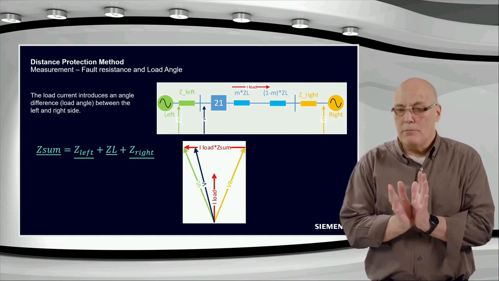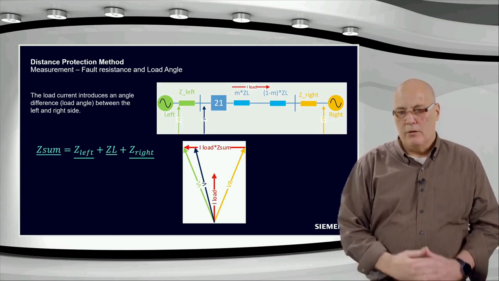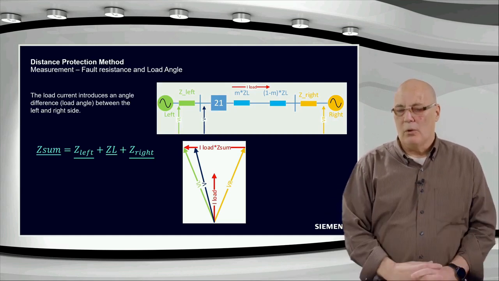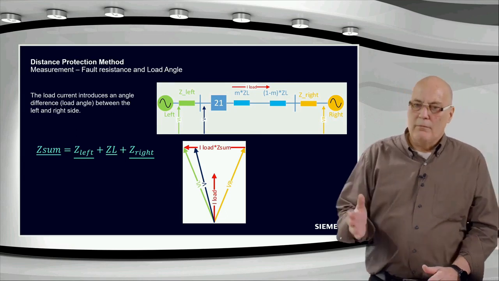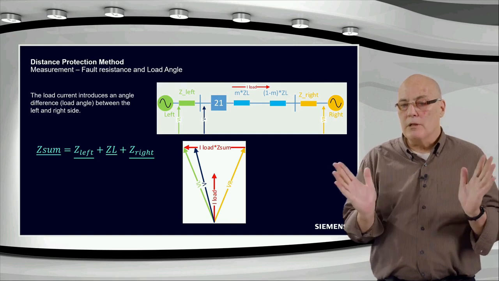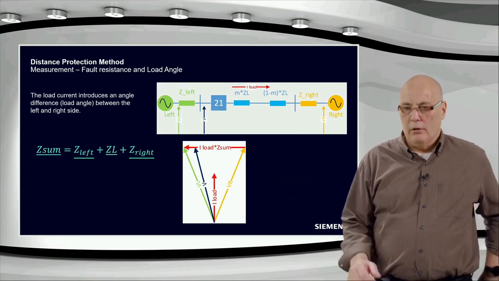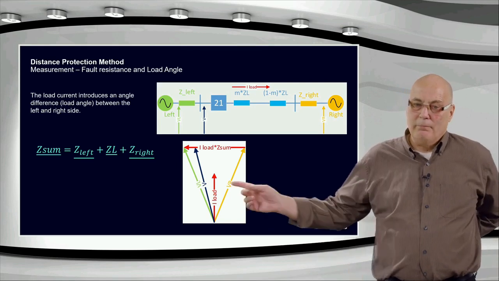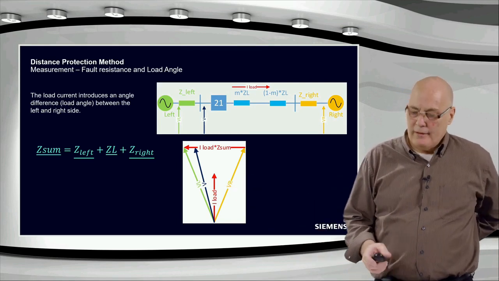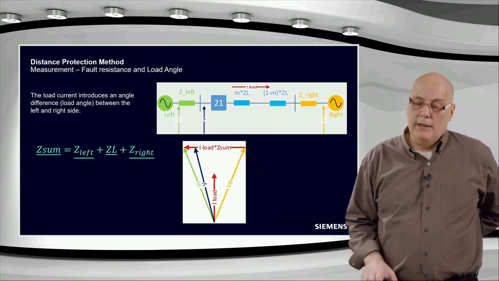In the extreme situation, typically it'll be less than 40 degrees. And in Western European strongly meshed systems, you can probably get angles which are even much smaller than that, probably in the range of 20 degrees or less. So it is depending on your system. If you have got large distances between generation and load, you can have larger angles, but it's going to affect us. But if we come from this condition now, remember this angle difference here, and we now create a fault,